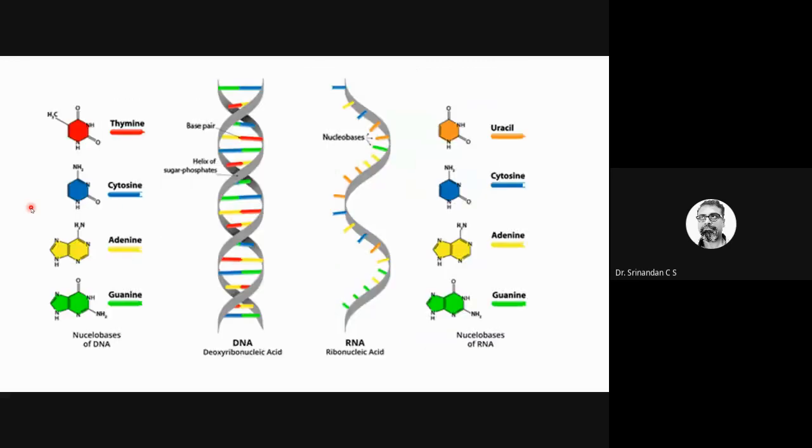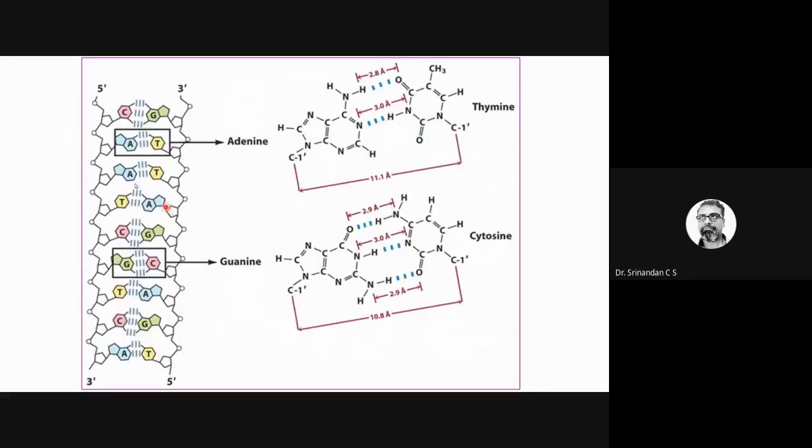Now, coming back to the question, I told you A and T will have two hydrogen bonds, and G and C will have three hydrogen bonds. One, two, three. This will have two. Now, test tube A, which has 40% A and T, I'll heat, and test tube B, which has 80% A and T and 20% C and G, I'll also heat them.